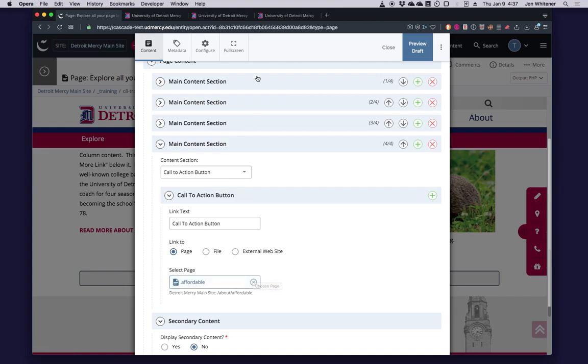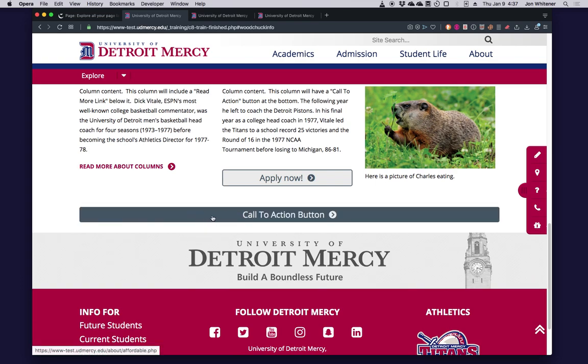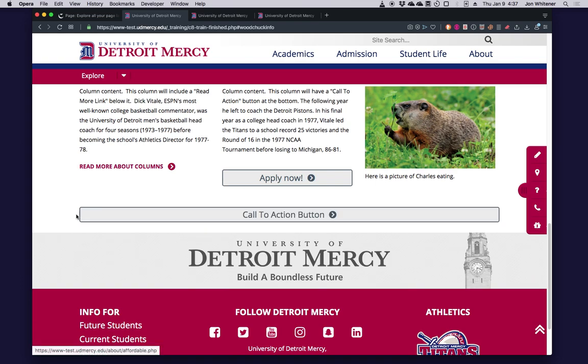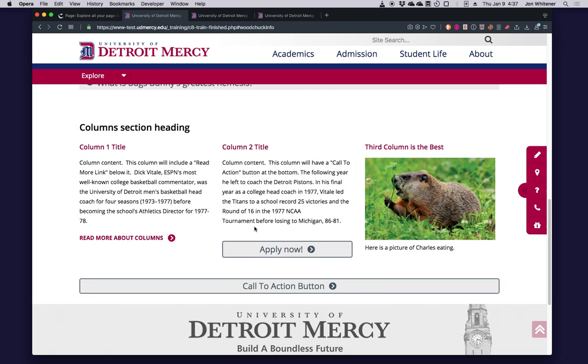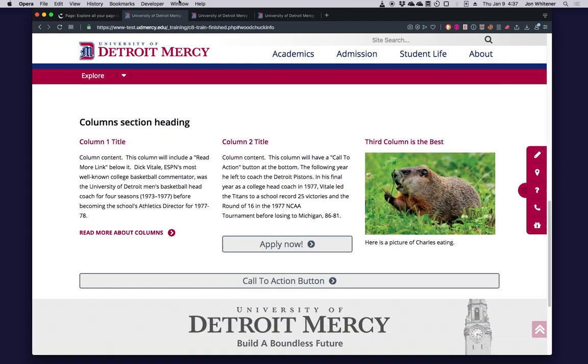That's all there is to that. And again, this is the way it displays. When you do it as a main content section, it's a full width button. You probably are better off often putting the buttons in columns. And you could have columns that contain nothing except these buttons, so you could have 3 in a row, for instance. That's all that is.